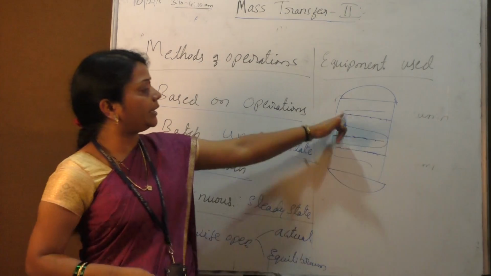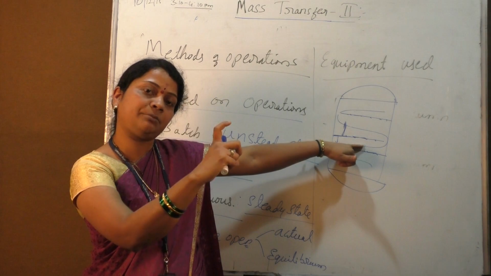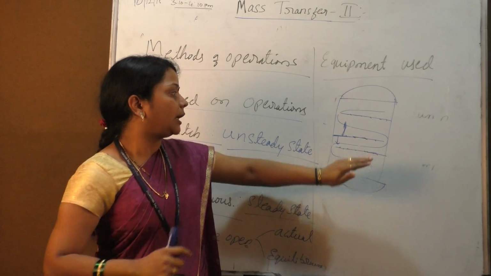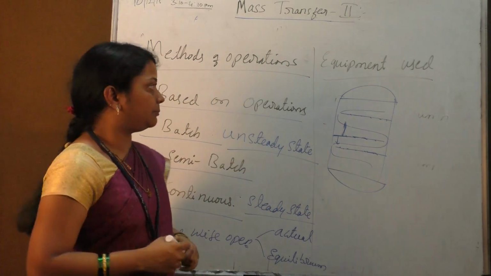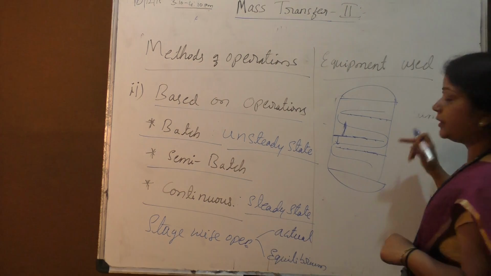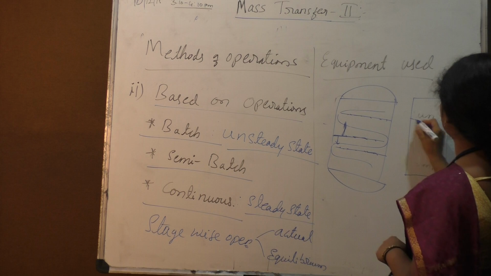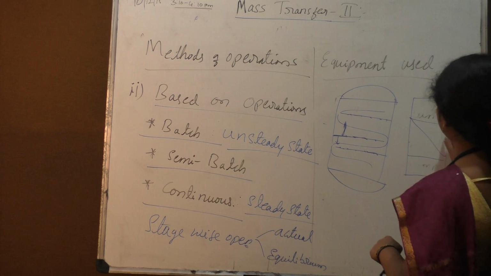It means the y and x coming out from this particular plate are in phase equilibrium with respect to that stage, and this is how the column operations are taking place, and that is called intermittent contact of phases. And talking about another type of equipment used, the packed column,